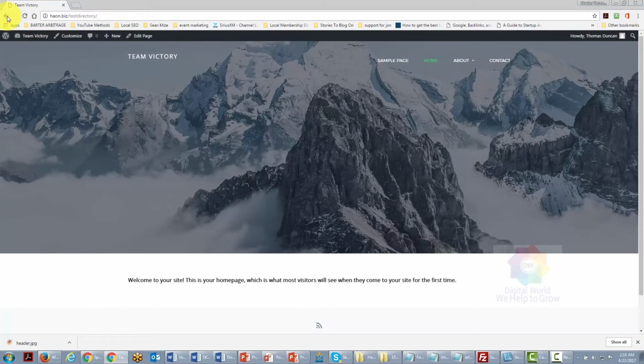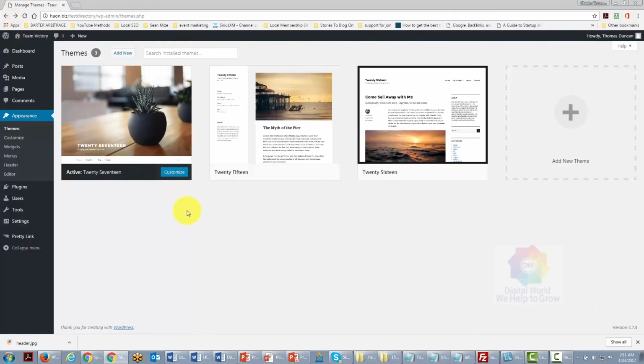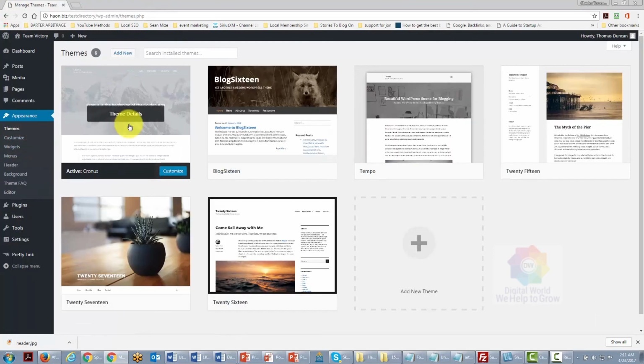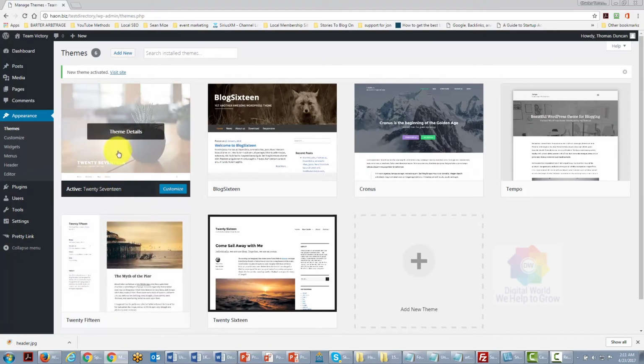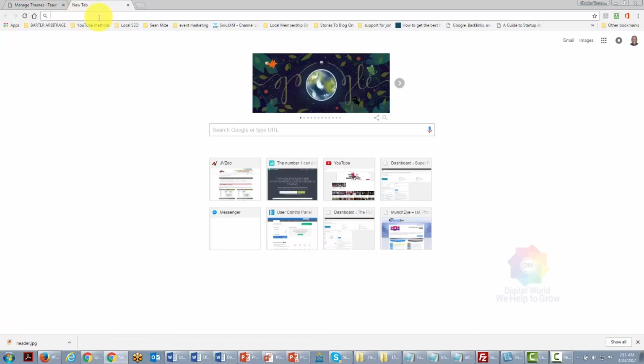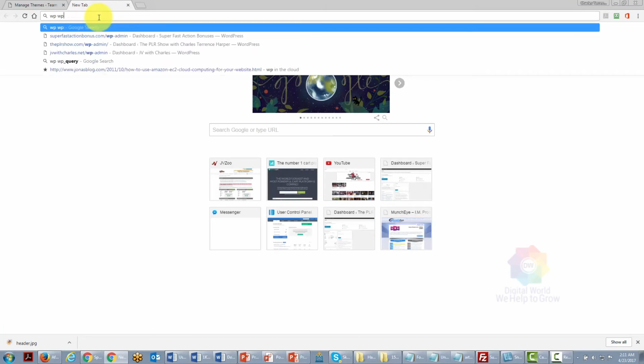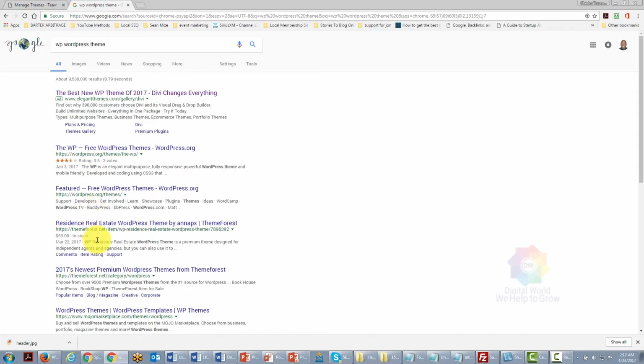Now what we can do is go back and change our theme back to the way that it was. And we do that by going back to our theme and then reactivating the theme that was there. Now, in order to find other WordPress themes, you can do a Google search, and you can actually just type in WP or WordPress theme, and you'll have some alternatives that you can